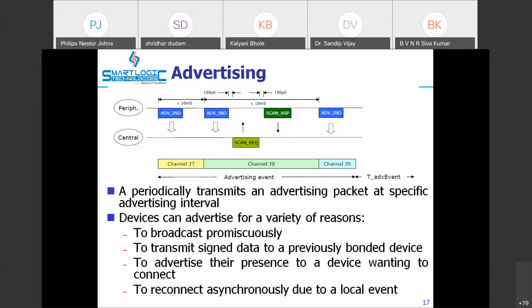To transmit the signal, it may be possible to advertise its presence to a device wanting to connect. For example, the peripheral device continuously transmits the packet, or advertises, to say that this device is available, and if your application is open in your smartphone, obviously you are going to receive the data.